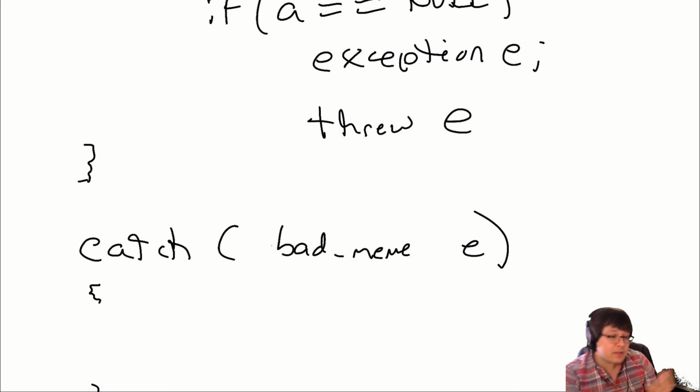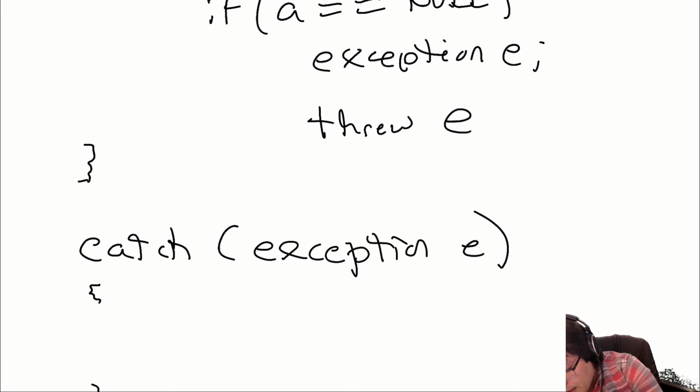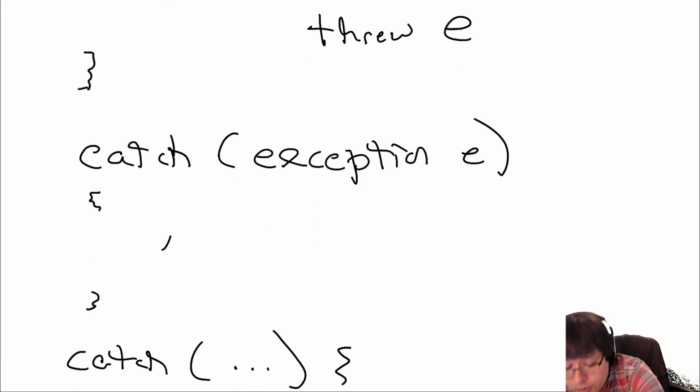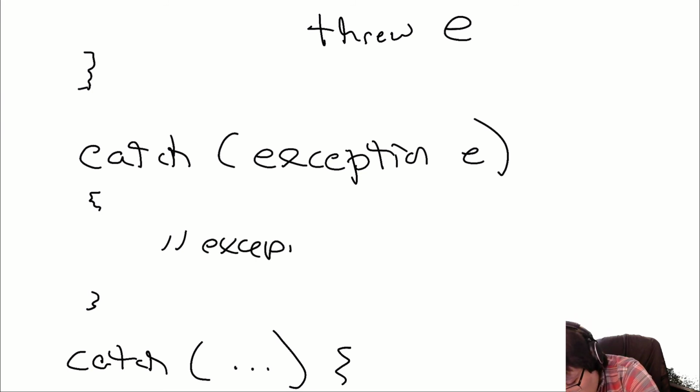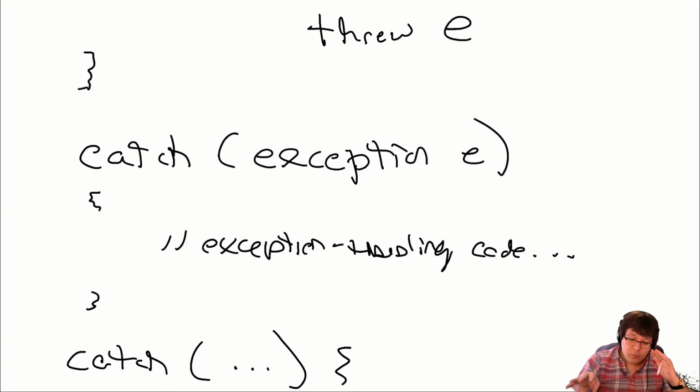Something like that. But more likely you want to just catch exception. Okay? And then here is where you would do what's called exception handling code, which is essentially what you want to do once you caught the exception. You might want to see out some error analytics so that you can deal with it, and then terminate your program in a nicer way than just flat